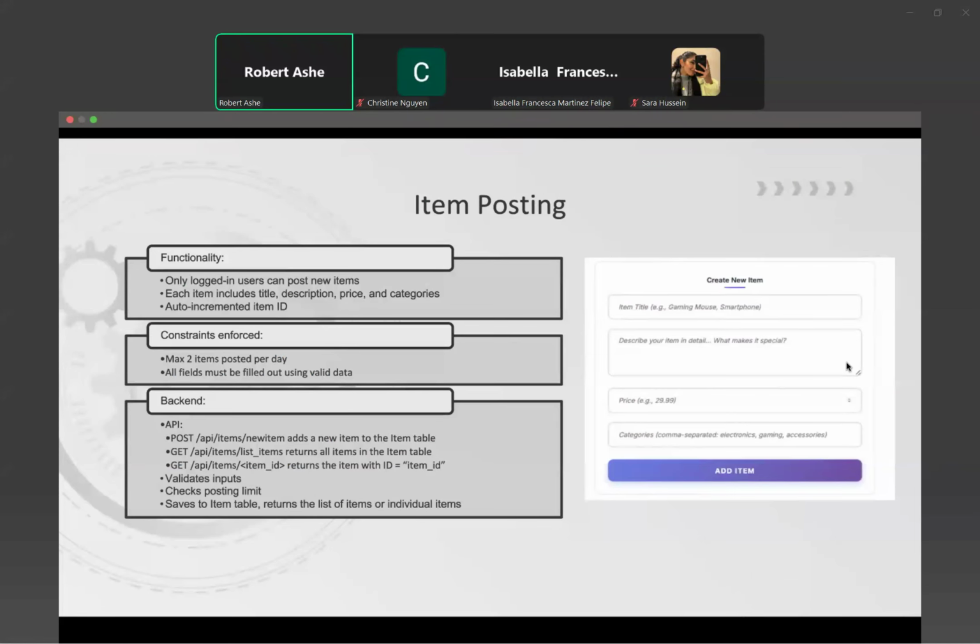Only logged in users can post items. The item management form collects a title, description, price, and the categories that the item belongs to. We automatically assign item IDs using MySQL's auto-increment functionality, which ensures that each item is assigned a valid ID at time of creation, as well as when other items are added or removed from the item table. As per the project requirements, we enforce a daily posting limit of 2 items and validate that all fields are